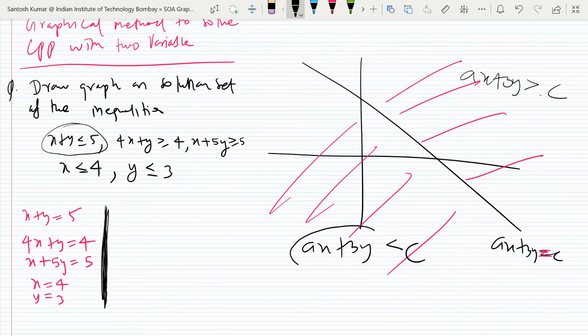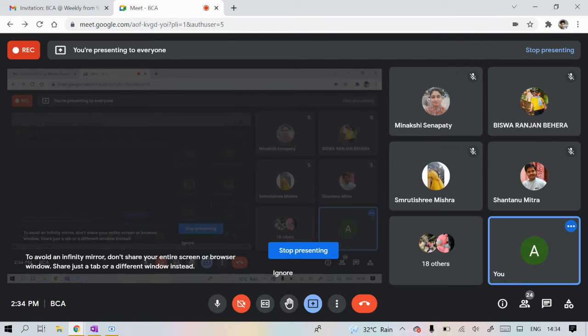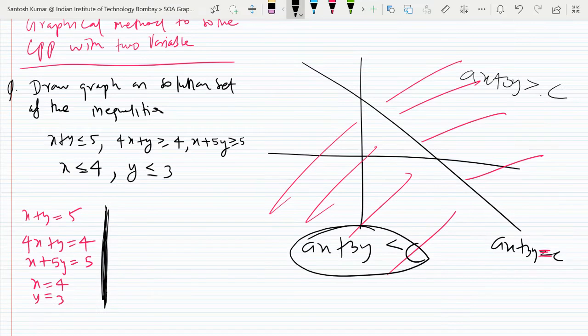What is the meaning of inequality? It will give you the solution in one half. You may say right half, left half, or upper half, lower half. Before deciding whether this is the upper half or lower half, first you have to decide the line. Then after drawing the line, we'll decide whether it is the upper half or lower half. We have the way. I think if you all do it with me, it will be better for you to understand, otherwise it will not help you much.